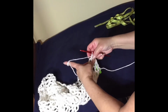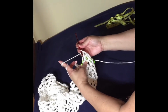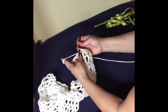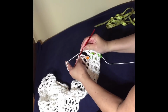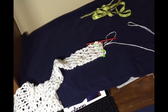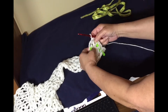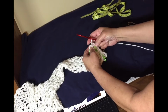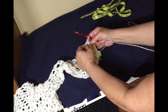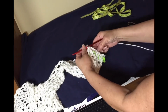So to begin the row, we have to join at the turning chain. We're going to join the turning chain of this side onto that side. This is the stitch right at the side of the V-stitch, so we're going to make a single crochet on top of the turning chain. So after joining the turning chain of the beginning and ending rows, we join them at the turning chain, then chain 5,